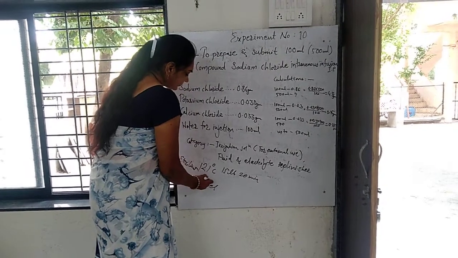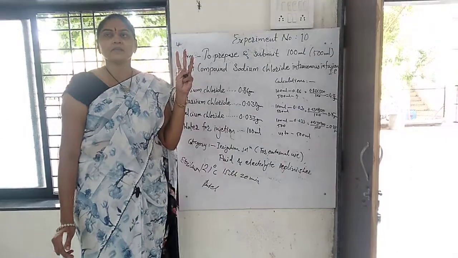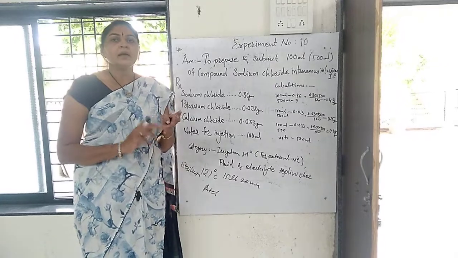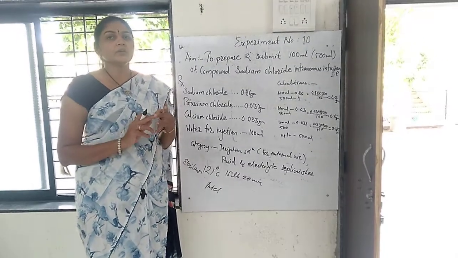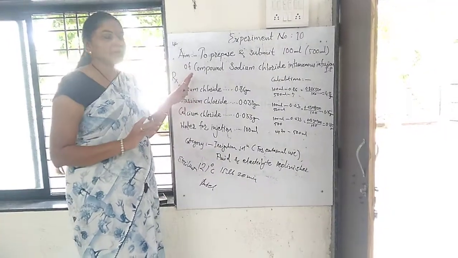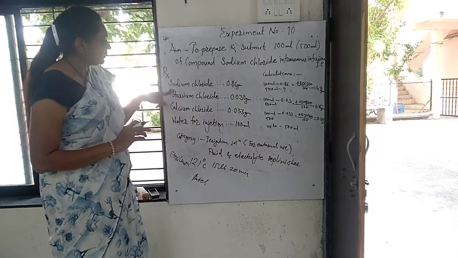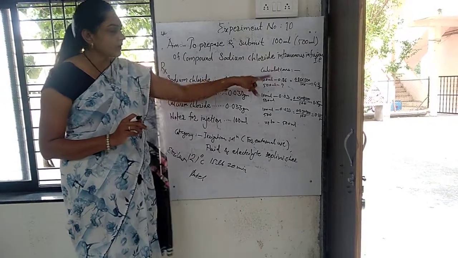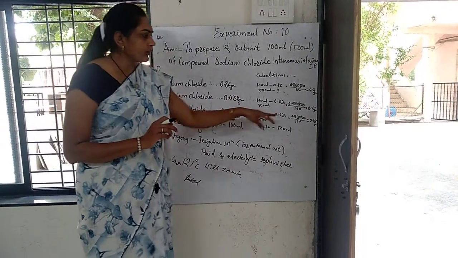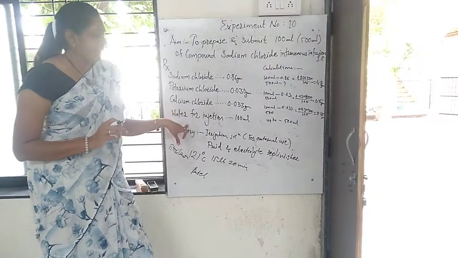The label consists of, first, 3 sentences. It is an intravenous infusion, so it must be sterile, pyrogen free and a single dose container. No antimicrobial should be added inside this preparation. Then you have to write the formula: sodium chloride 4.3 gram, potassium chloride 0.15 gram, calcium chloride 0.165 gram, and water for injection up to 500 ml.